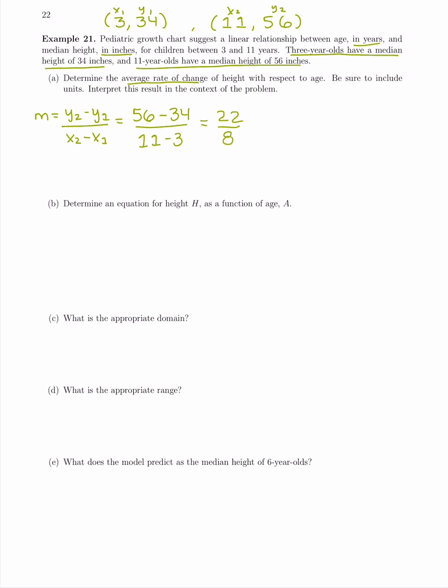So they are growing 2.75 inches per year. The numerator is measuring inches, the denominator is measuring years. We're going to interpret this. So we'll say on average,